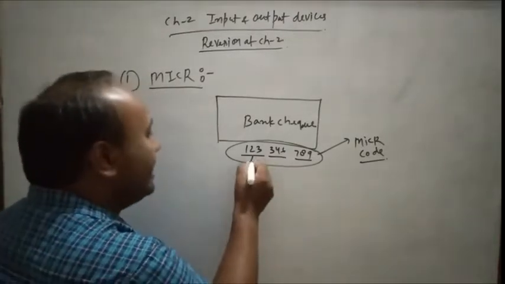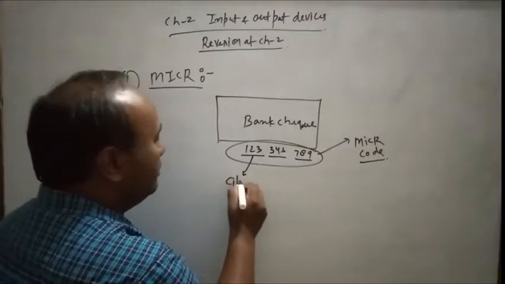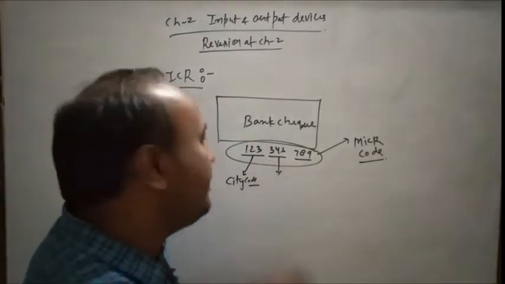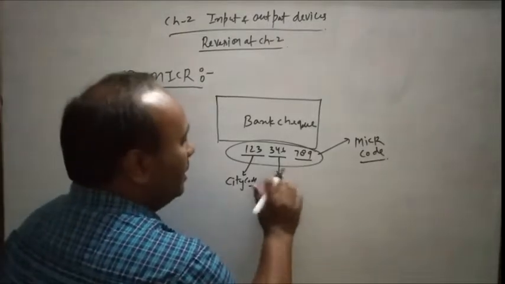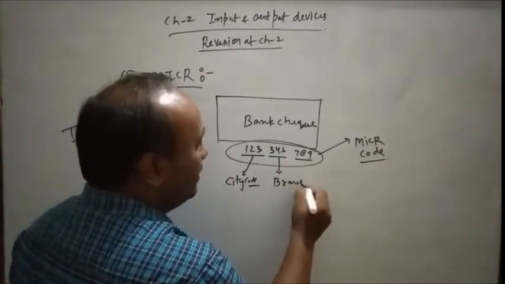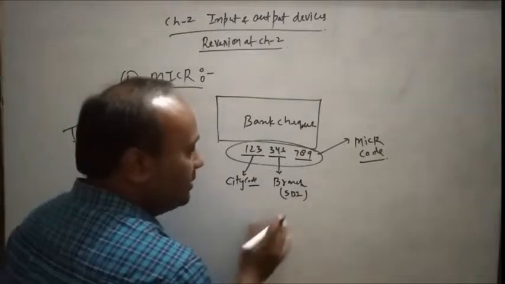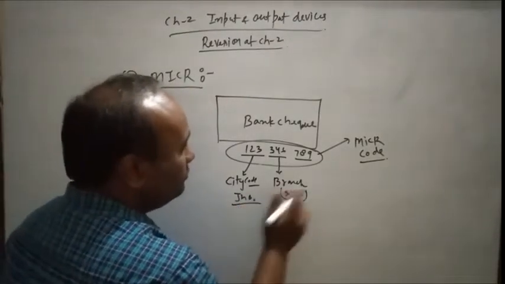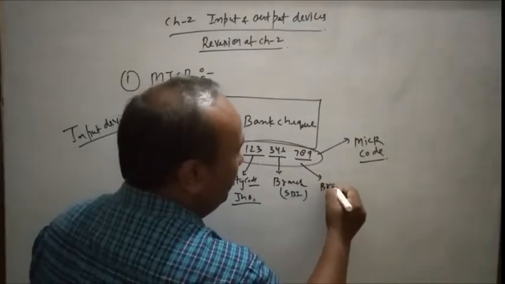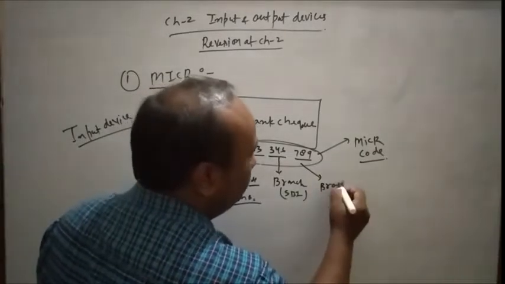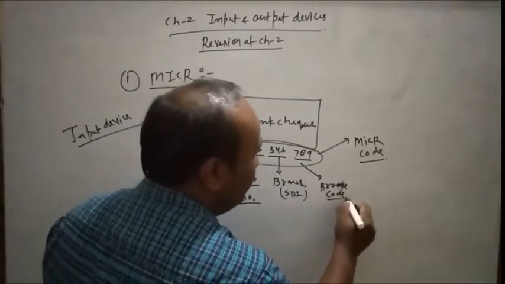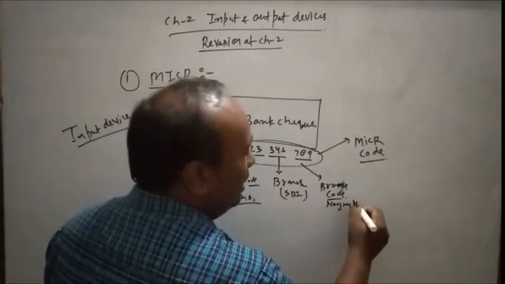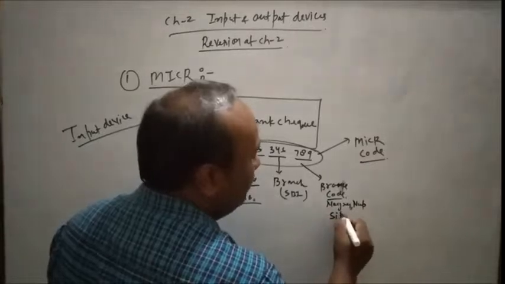Okay, so the first 3 digits identify the city code. After that, the next 3 digits we can easily identify in which bank, like SBI, PNB and other banks. Like Jhansi, Gwalior and other cities. And this is the branch code, like Nagra branch. Branch code means, sir, like Nagra branch, Nandanpura, Sipri. Okay, these are branches.